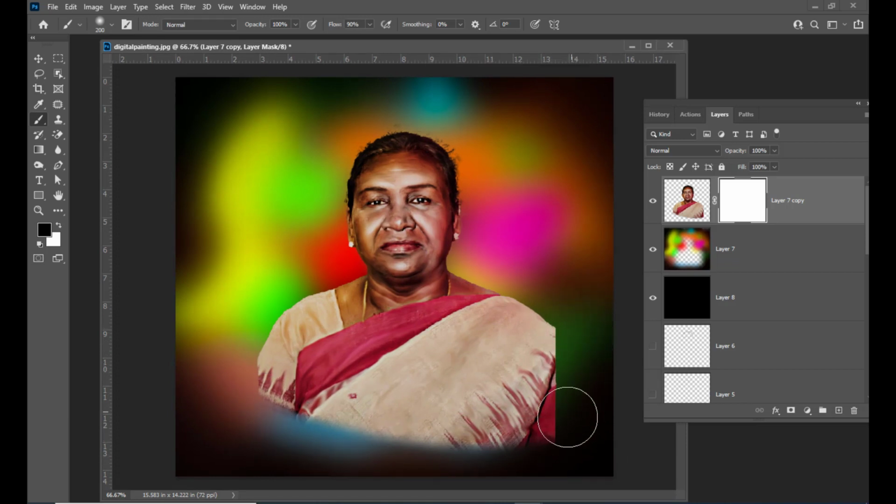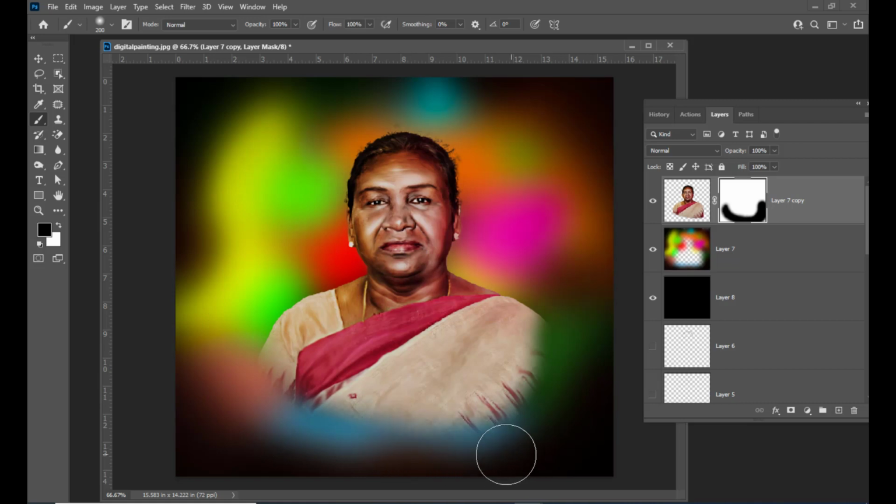We want the corners to be soft, so we'll just increase the flow value to 100%, and then we will just get rid of the corners. We will make the corners soft, right? This looks better,